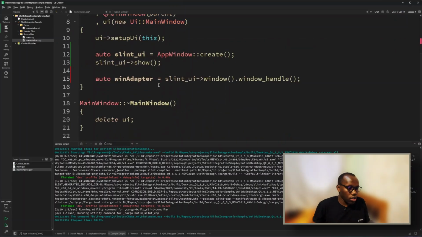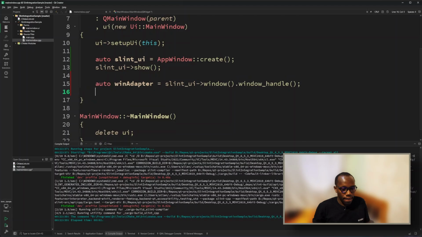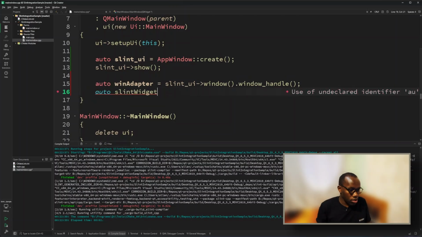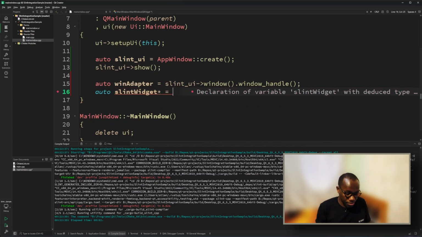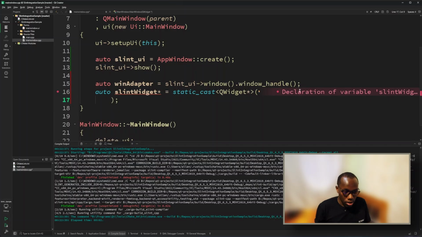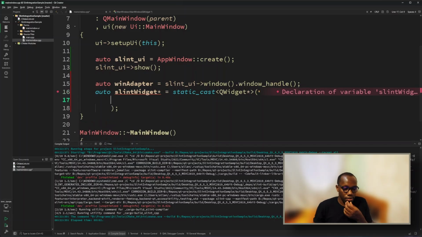So with Q widget here, let's do, so this is supposed to be a pointer, and then we'll do a static cast into a Q widget. And what are we casting? So we need to invoke some Slint